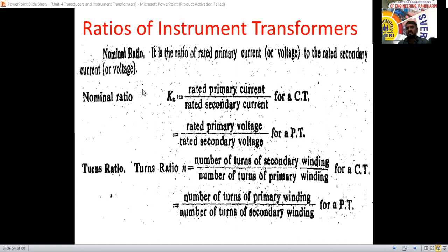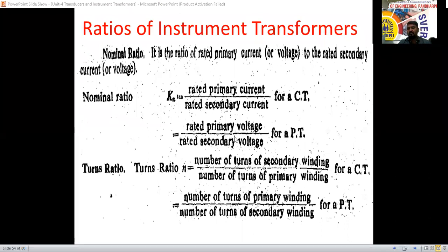For the current transformer, the nominal ratio of the current transformer is the ratio of the primary rated current to the secondary rated current. That is called the nominal ratio of CT. Similarly, for the potential transformer, it is the ratio of the rated primary voltage to the rated